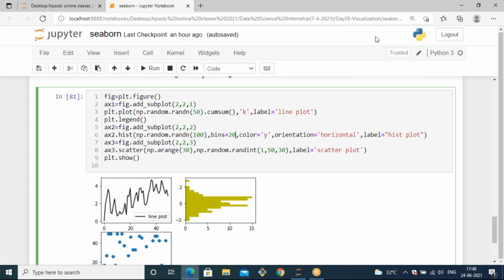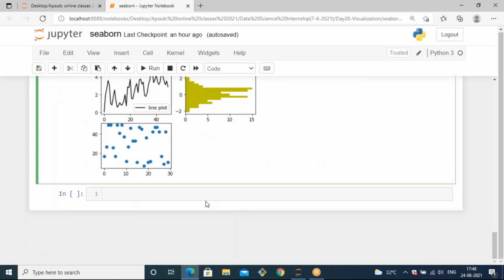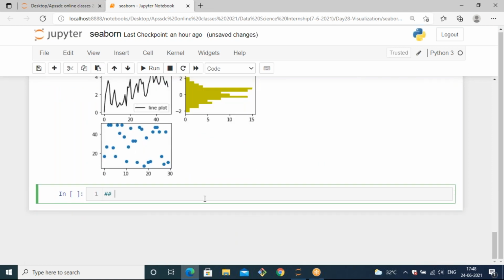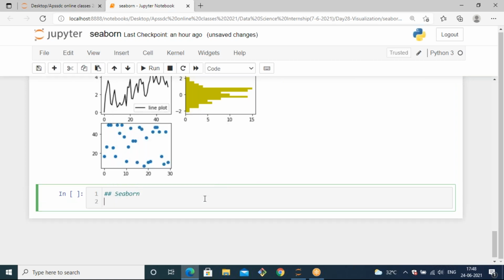Okay, so that's it about subplots creation in Matplotlib. Now we are going to see Seaborn. Let's make a heading here, Seaborn. Seaborn is also a visualization library.